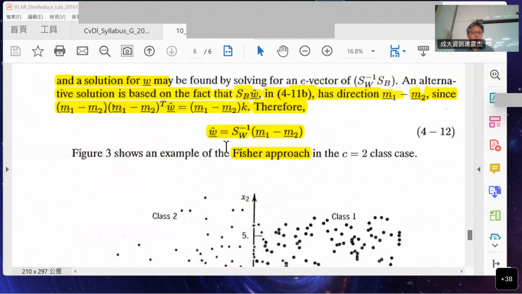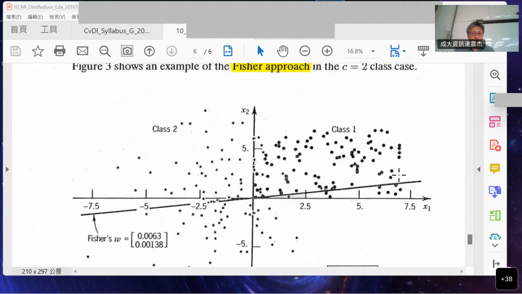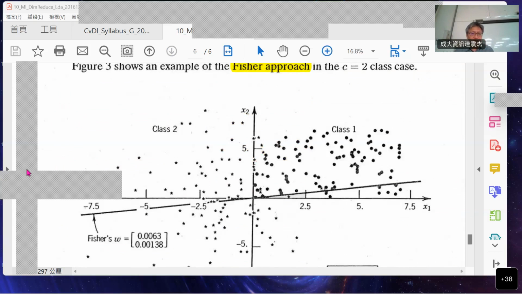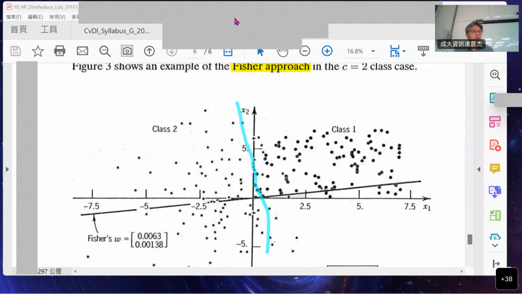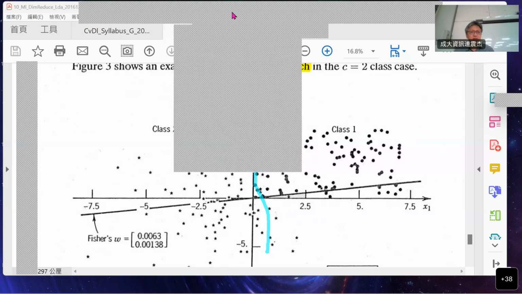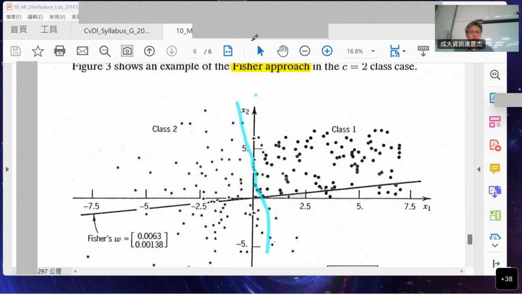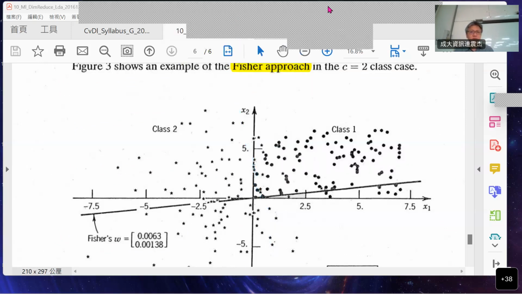So after you find the W, actually you'll find this projection line. And on this projection line, there exists a discrimination line here. And this line can separate the two classes as far away as possible. Okay, so the purpose is to try to find W. That's LDA. Okay, so next hour we will talk about SVM. We take a break. 那不懂再问我哈，这个 LDA 的观念是这样子的。我们下课。